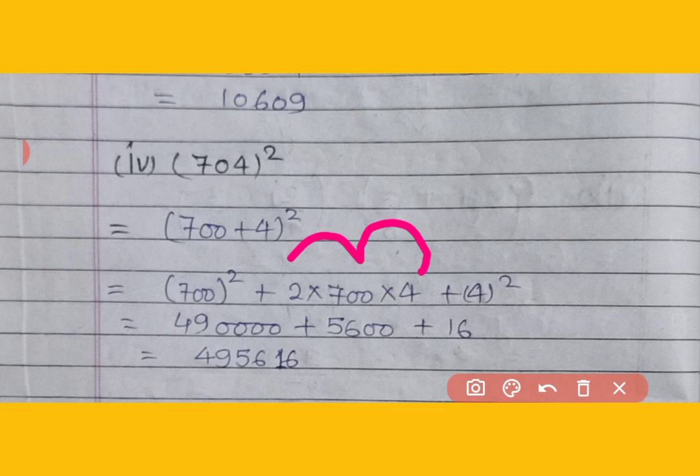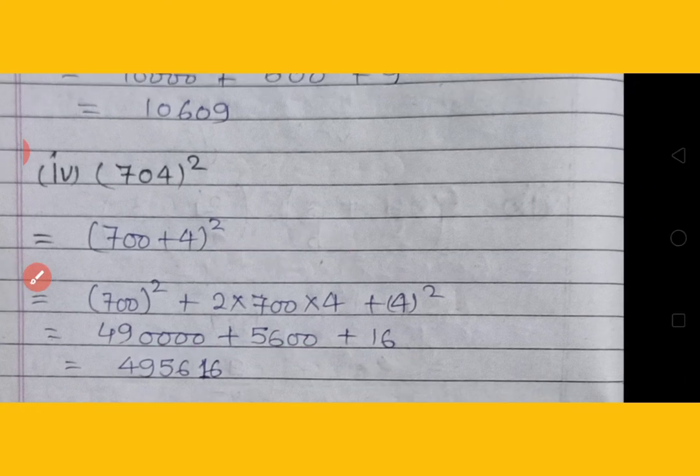So 7 twos are 14, 14 fours are 56, so 5600, and 700 square is equal to 490,000, and 4 square is equal to 16. After the addition it will be 495,616. Next,